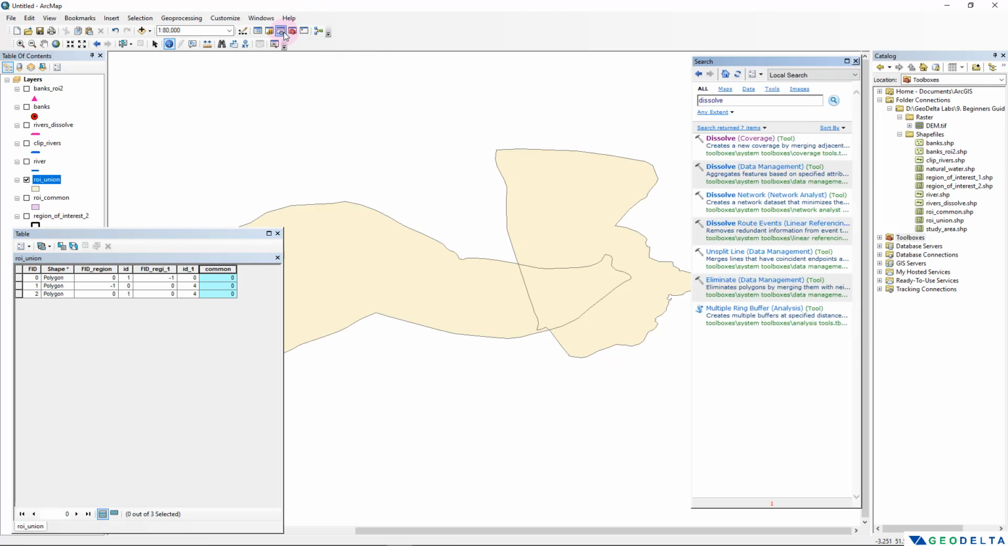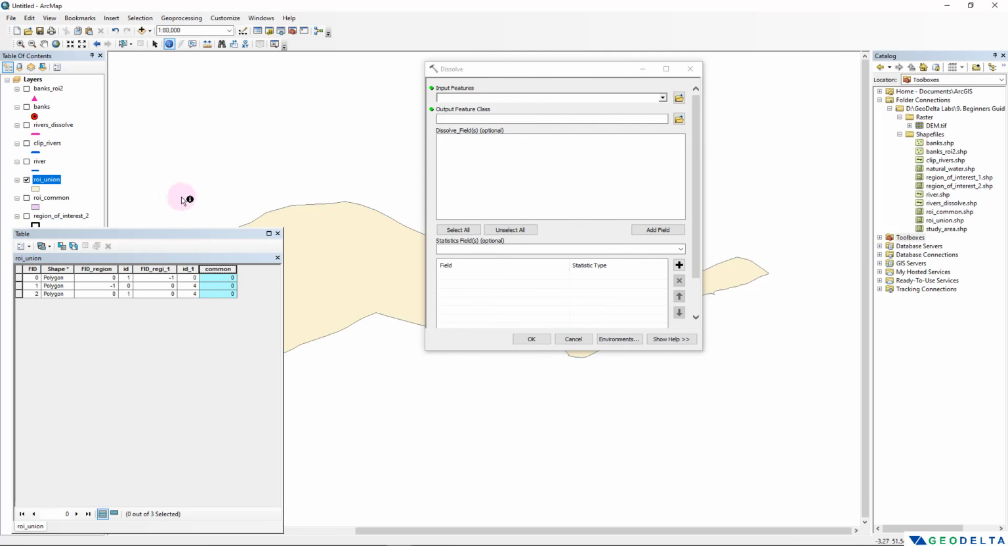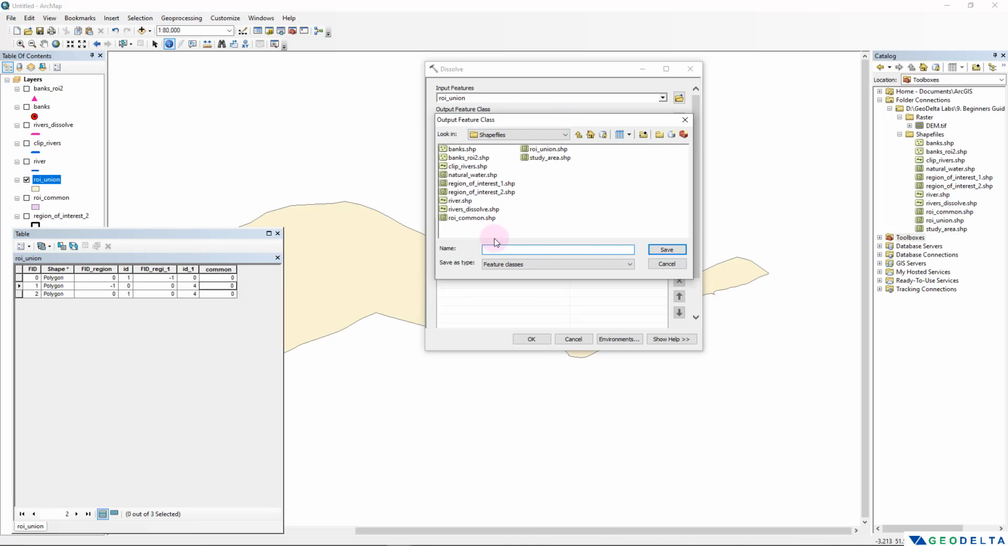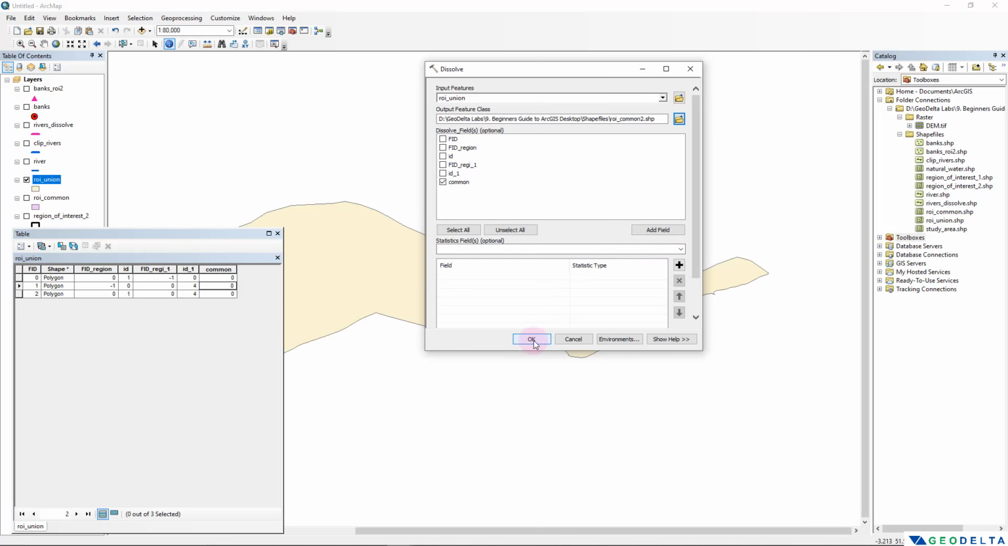So again, I can go to the search panel, and since I already searched for the tool before, it's just right over here. And now I'm going to drag this ROI union and drop it over here. And in this case, well, I don't really have to select this like this. I'm just going to specify I would like to do the dissolve operation based on this common column, which is right over here. Again, I'm going to specify this one to be ROI common, maybe 2, like this. And if I click OK,